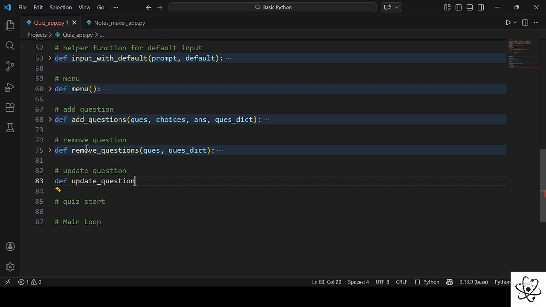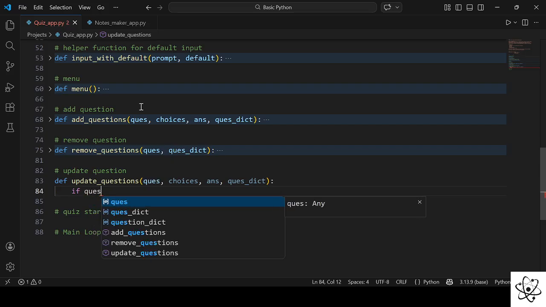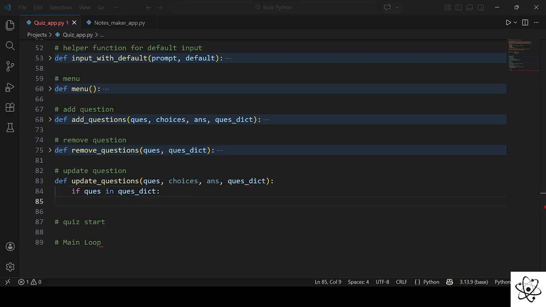We just have to take the same inputs as our add question, because in the sense we are actually creating new data. That's why. And in this section, we are just going to first of all check whether the question is in the question dictionary, and then we are going to operate some functions like